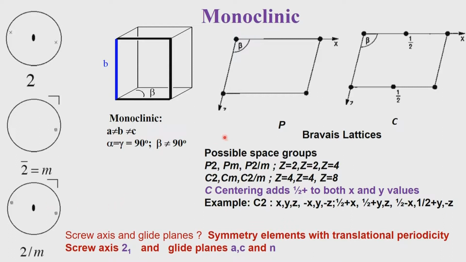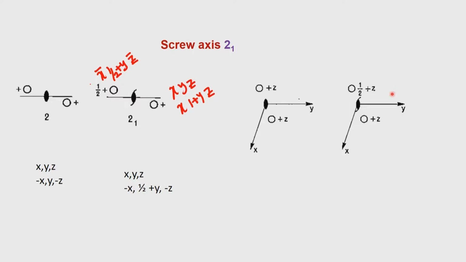So additional symmetry elements means additional space groups. The two Bravais lattices P and C will both see these additional space groups, and therefore we will have space groups like P21 and C21, P21 by m and C21 by m. But we will later on show that C21 by m is nothing but C2 by m. That way we will have a control on the number of space groups which we can generate. In fact, I have listed it somewhere later on in one of the slides. So the screw axis operation, I think, is now understood fully.